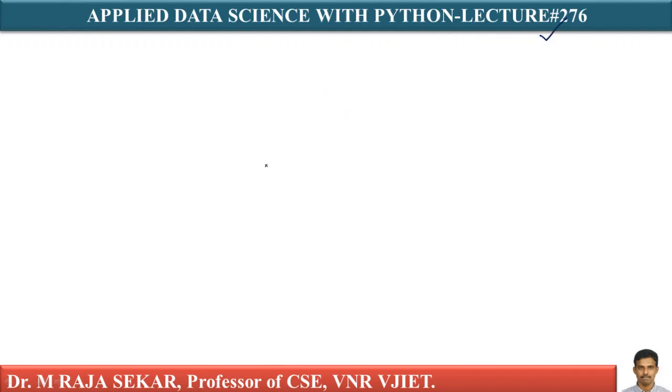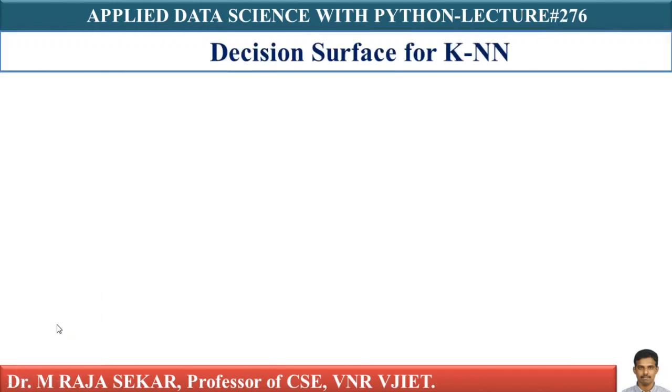This is lecture number 276. In this lecture, I will continue my discussion on decision surface for KNN, that is K nearest neighborhood algorithm. Just let me recall what we discussed in lecture number 275. What I discussed in this particular lecture, in KNN,